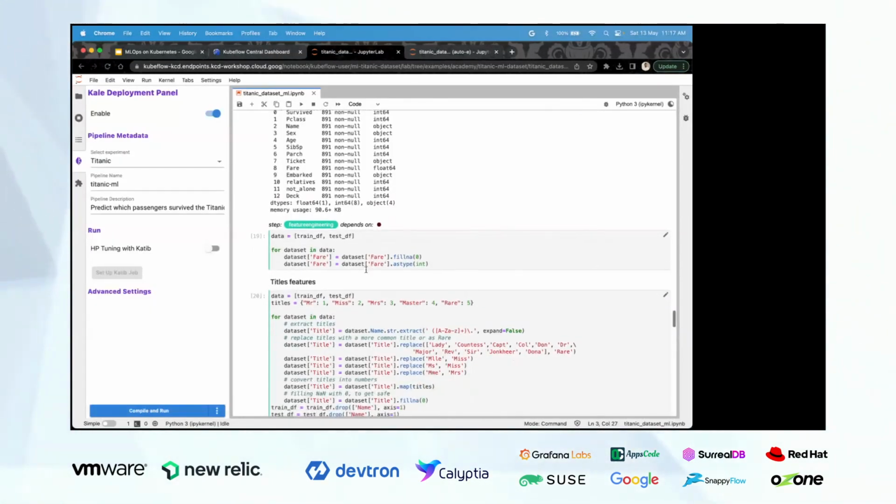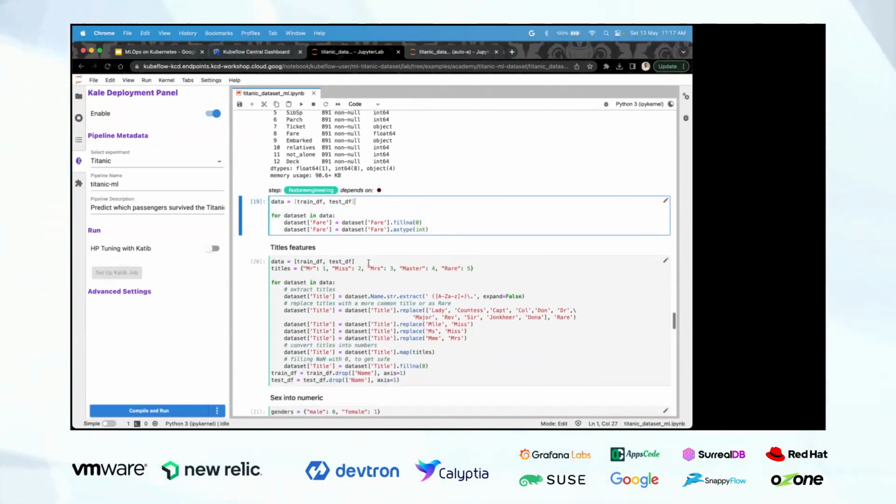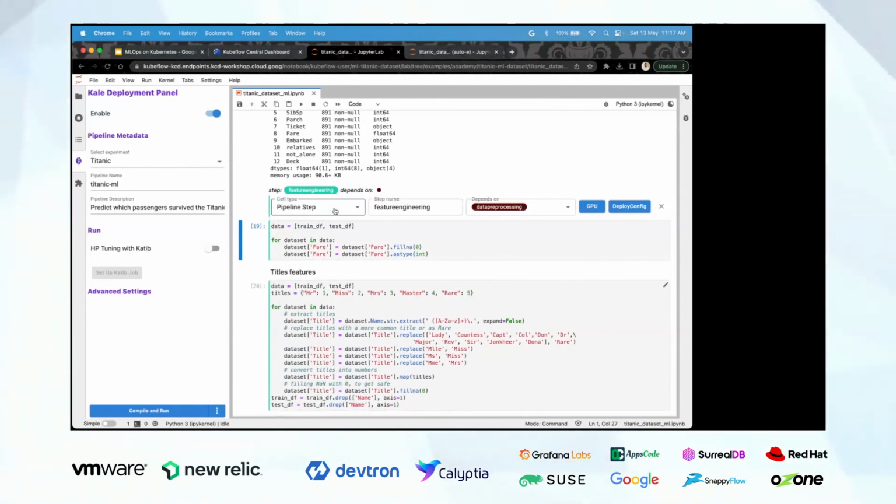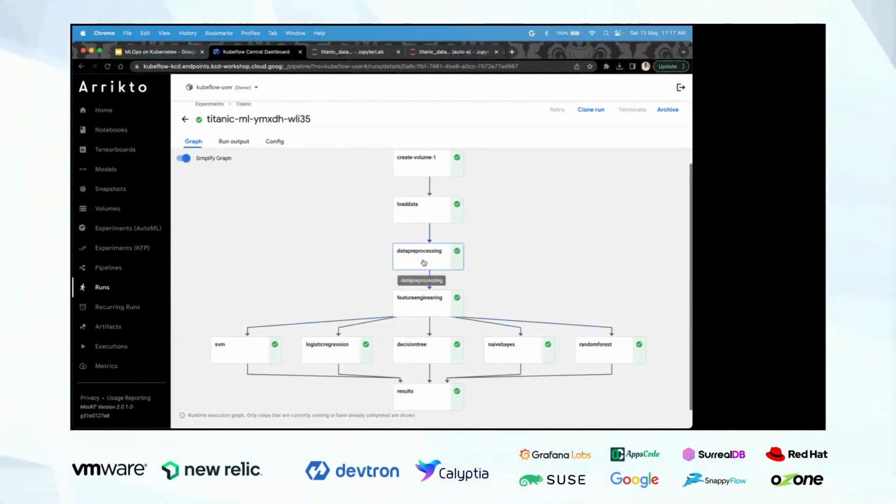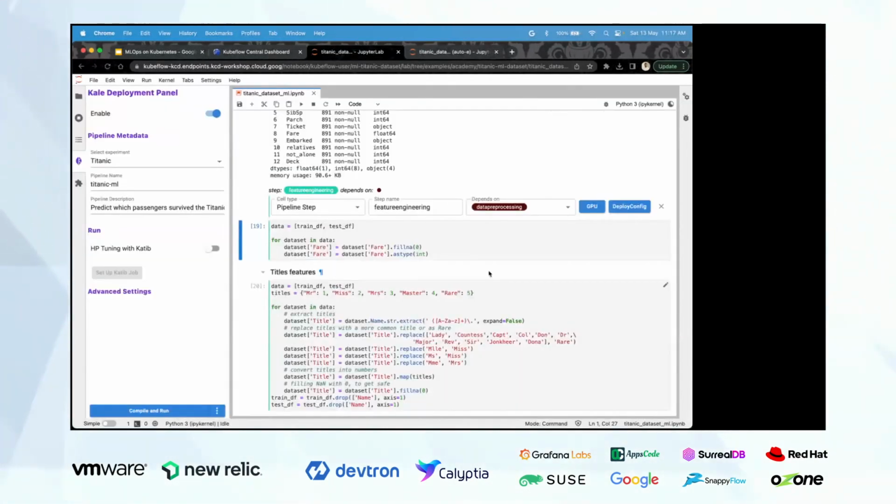For the feature engineering part, we are again collecting the data and creating new features. So we define the cell type as pipeline step, the step name is feature engineering, and this depends on the data pre-processing part, which we can see over here. Once that is done, only then will feature engineering get started.